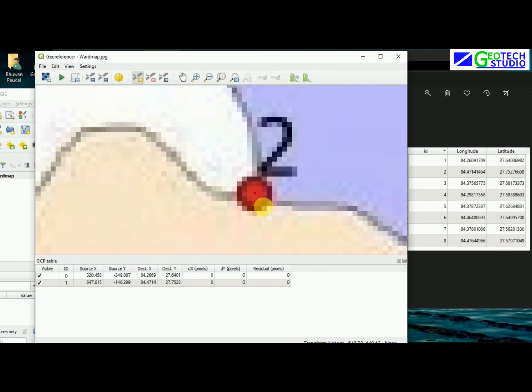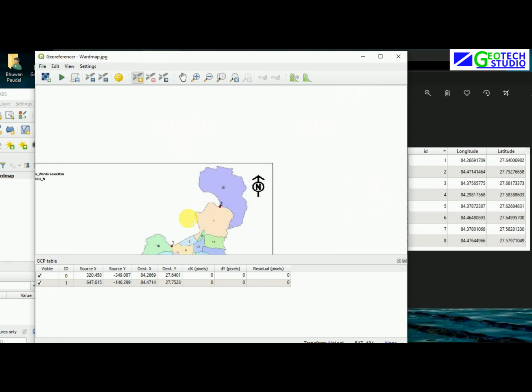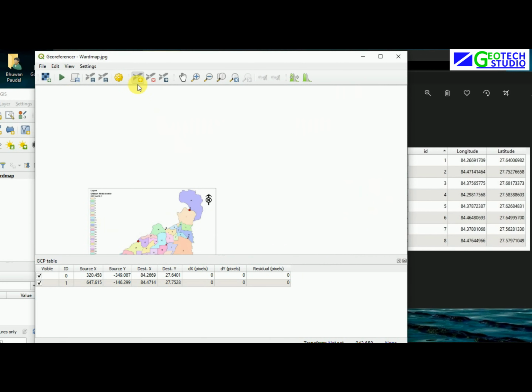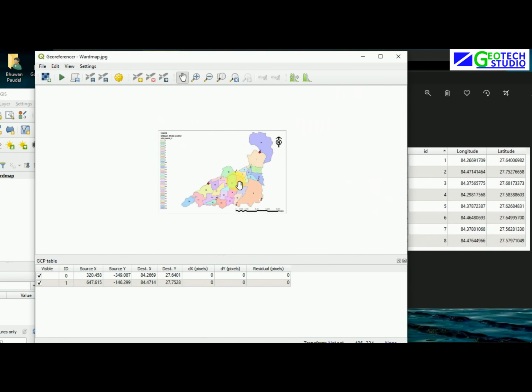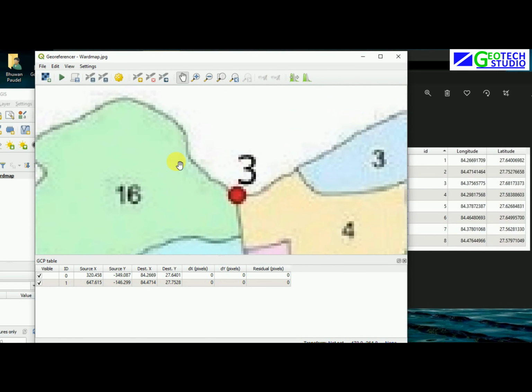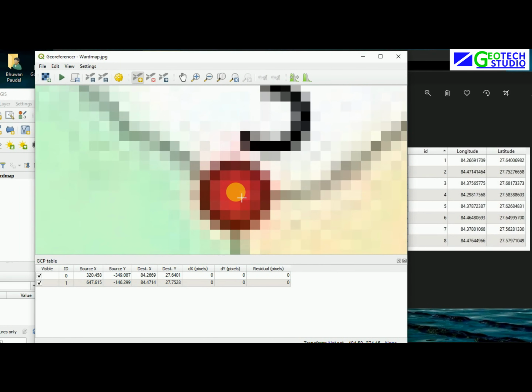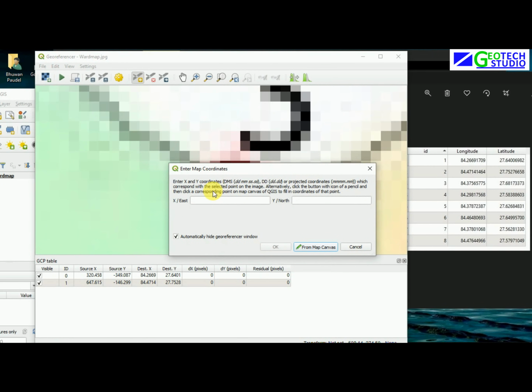We have prepared only 8 points for this tutorial. You can simply see it here, and again you can choose this hand tool to zoom in or zoom out, to drag a required point in your georeferencer window. You can simply go with this like this,